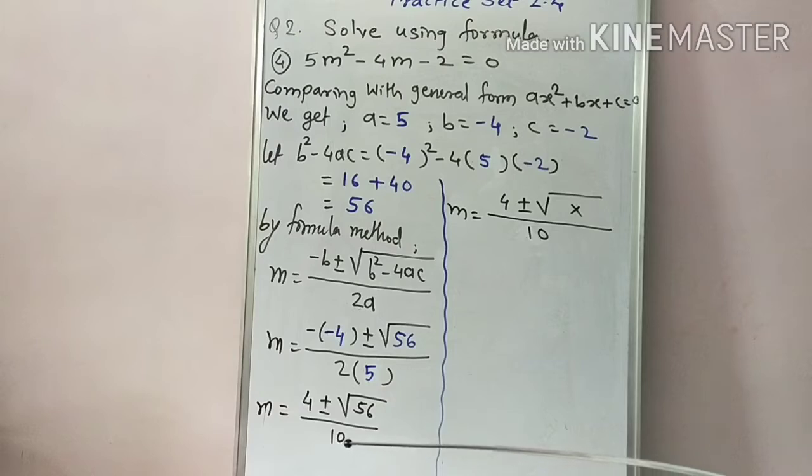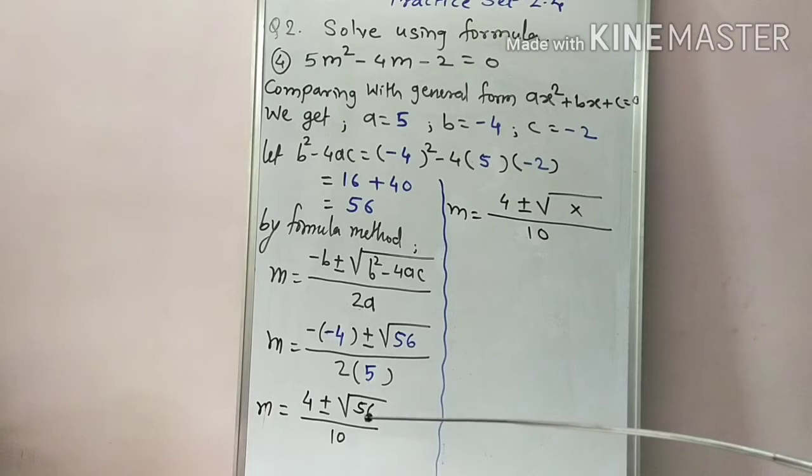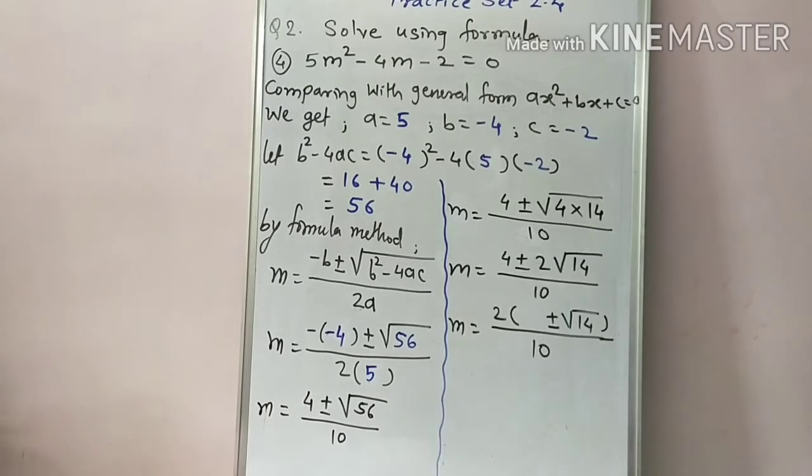But what we observe here, again, is that 56 is not a perfect square, but it can be factorized in such a way that one factor gives us a perfect square. Okay, so we factorize this 56 here, and we take the square root of the perfect square number outside. As like this, the factors of 56 are 4 into 14, 14 4s are 56, and then we take the square root of 4 outside as 2, root 14 as it is.